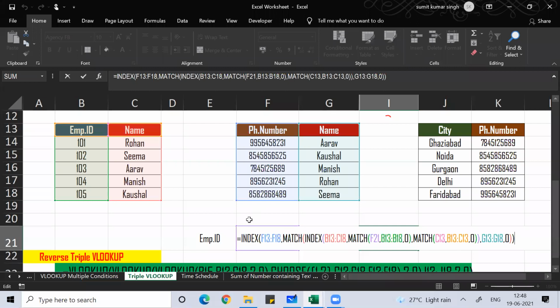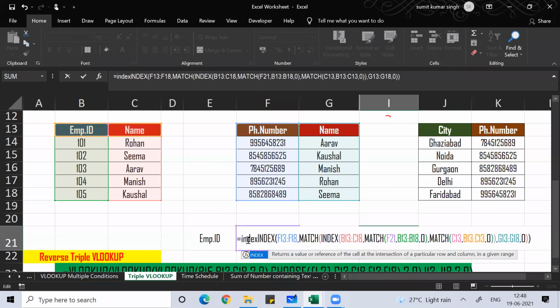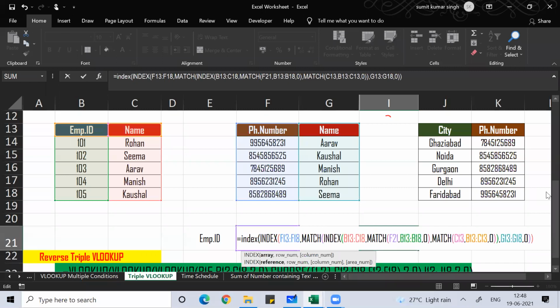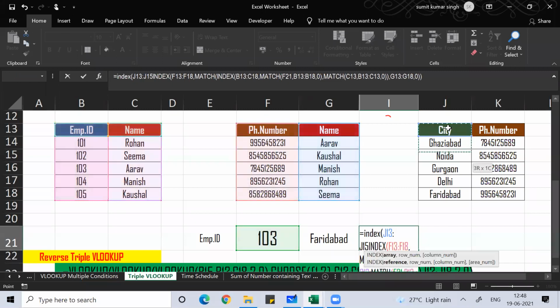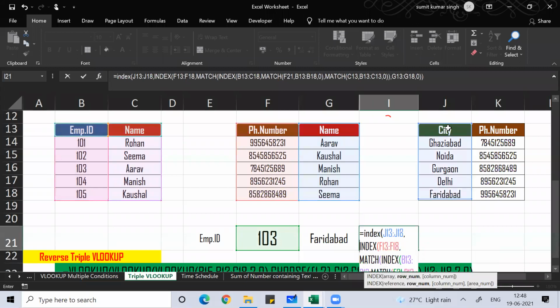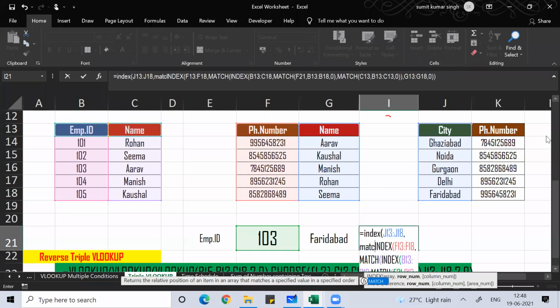Once you get the phone number, then again you can use the INDEX function. Here your array would be the city. Select the city, this is your array, comma. Then put MATCH.